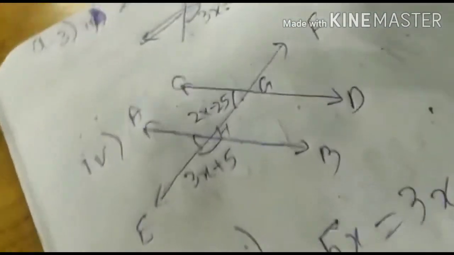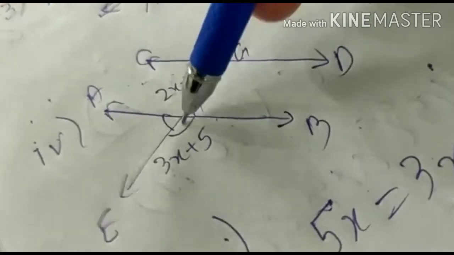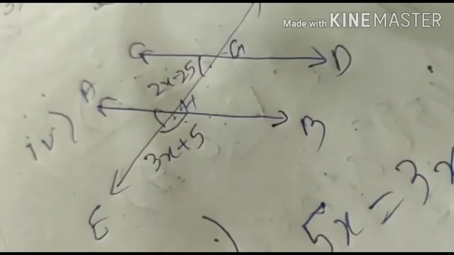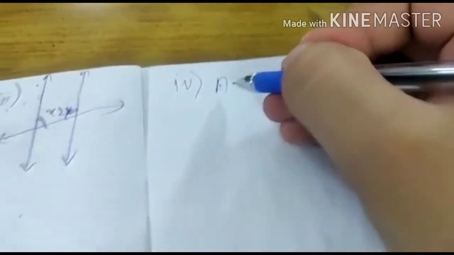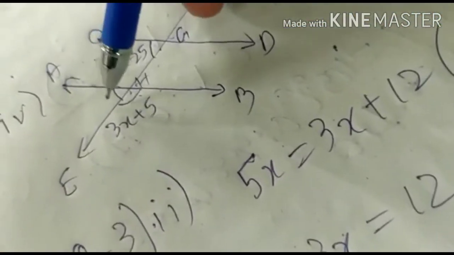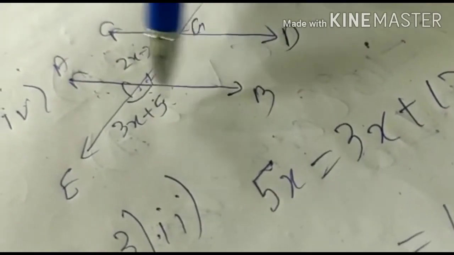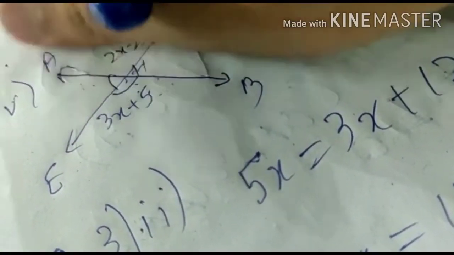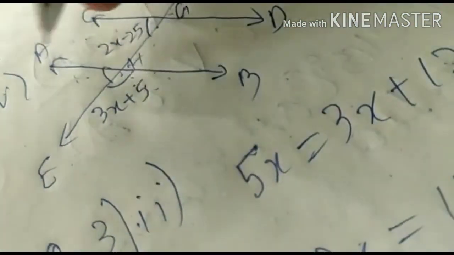Okay, so angle CGH means 2x minus 25. Angle CGH is equals to angle AHE. How? They are corresponding. Why am I bringing this angle here? Because these are corresponding, as well as we can compare these angles now, as these are the angles on a straight line, this straight line AB, and they are formed by the transversal on it. So their sum will be 180. So we will be finding this angle here.